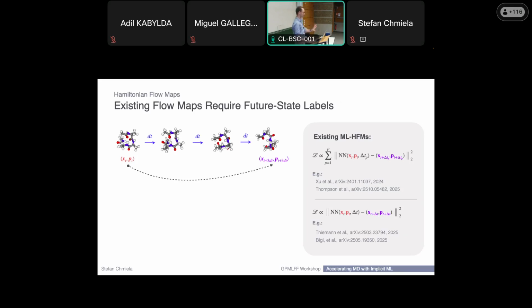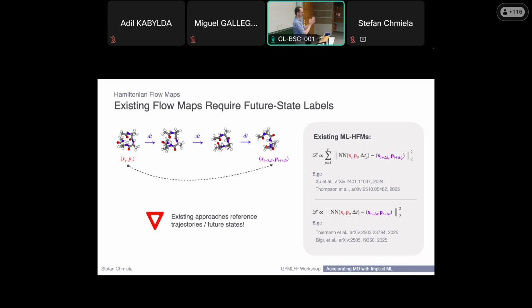Now, with both of those, and here those references are just examples, so there's way more work than I'm showing here. One big downside that makes those approaches impractical, of course, is that you need the future time steps as a data label, right? So from a machine learning perspective, this is not too exciting, because those models are just trained on future labels. Obviously, graph neural networks can do this, and those works show that it's indeed possible. But you need future labels, and this is a huge